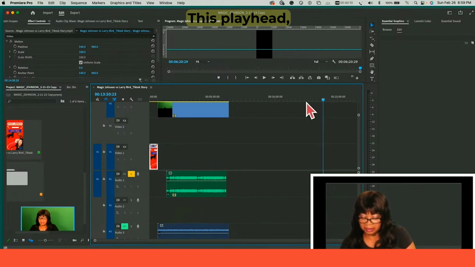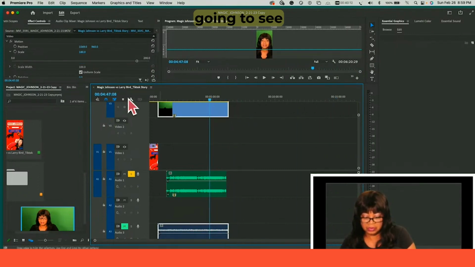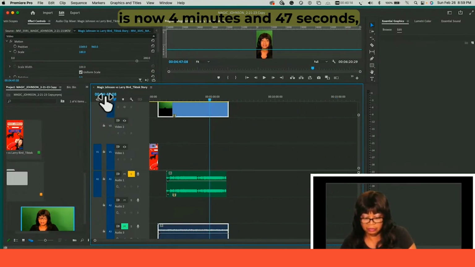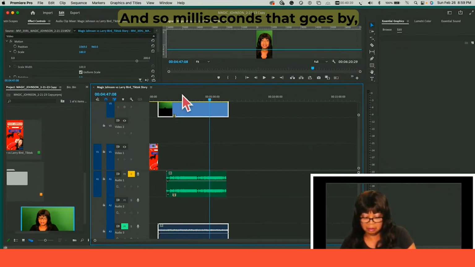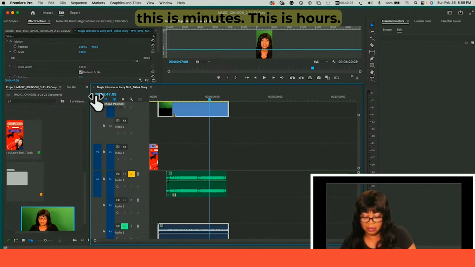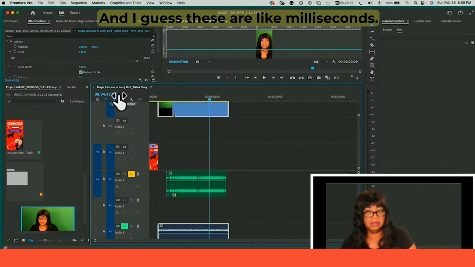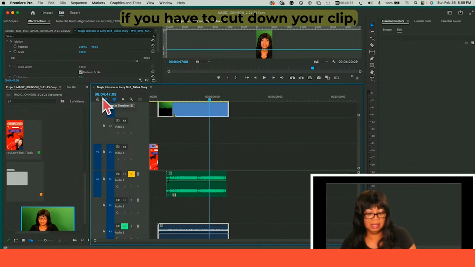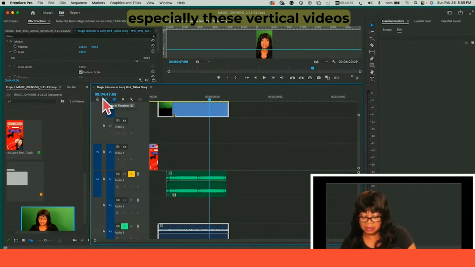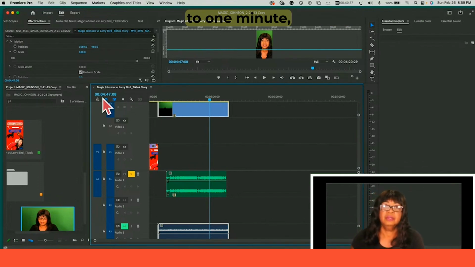This playhead, however, is going to see this number here is now 4 minutes and 47 seconds, whereas this is 6 minutes and 20 seconds and some milliseconds. It goes by, this is hours, then minutes and seconds, and I guess these are like milliseconds. So if you have to cut down your clip, especially with these vertical videos, to 1 minute, this